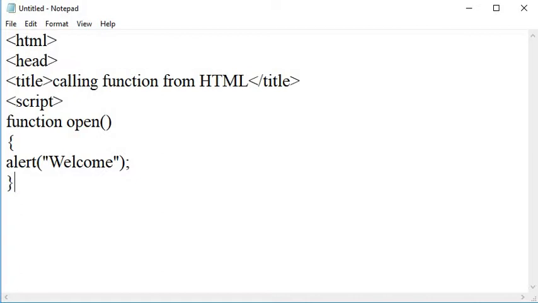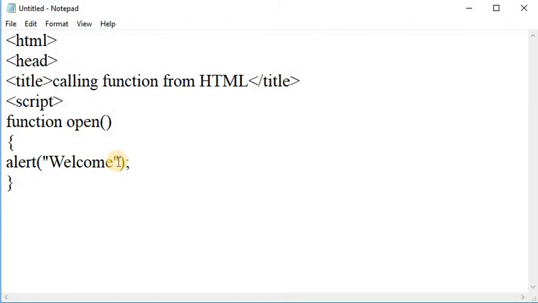The alert method displays an alert box with a specified message and an OK button. The alert method is often used if you want to make sure the information comes through to the user. It displays welcome on a web page with the OK button.